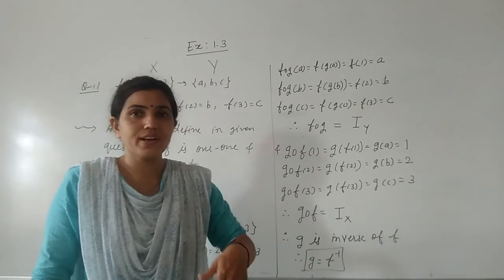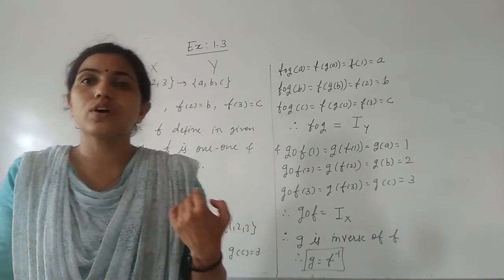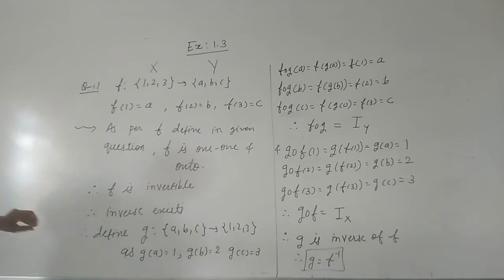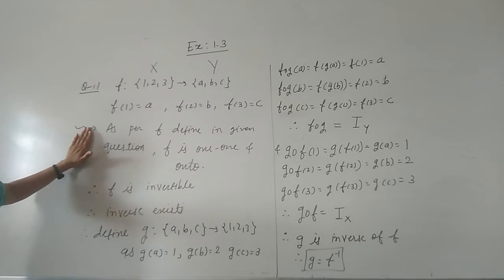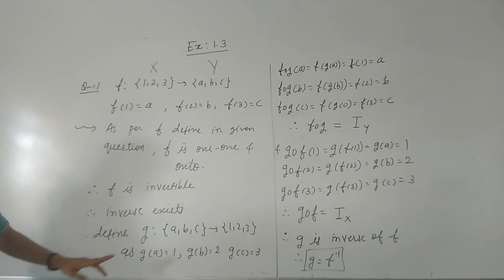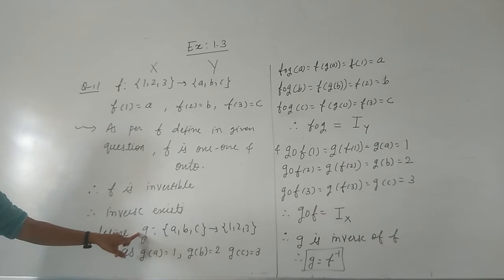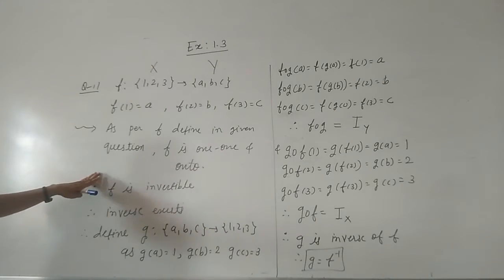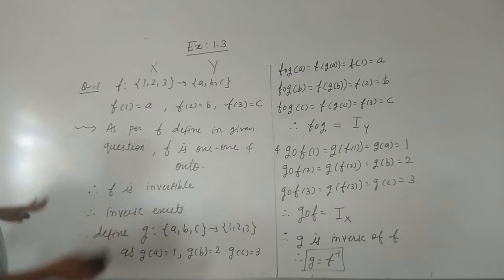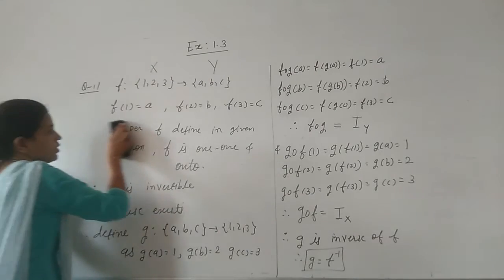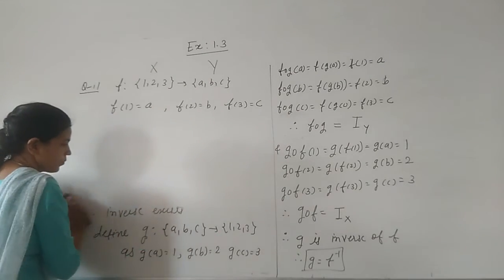So now what do we find out? We will find out the inverse of g. तो inverse of g के लिए हमें क्या करना है? We will follow the same process. तो यहाँ पे देखिए आपने क्या किया कि g is the inverse of f. So now we have defined g. So what am I doing? I am defining another function. So till that you can just note this down in your notebook. I am removing this. So now further